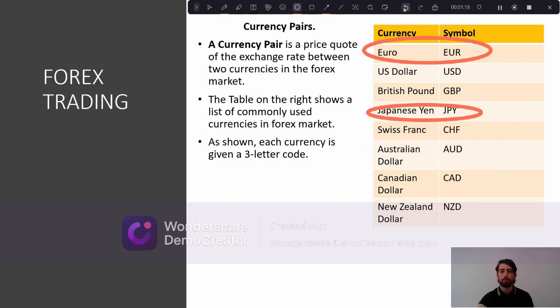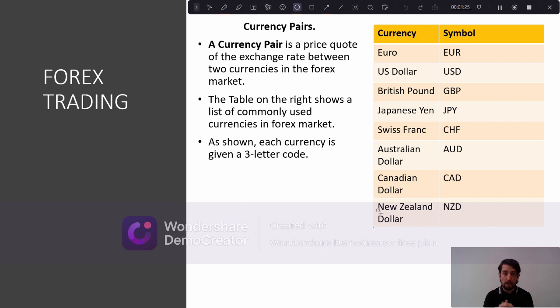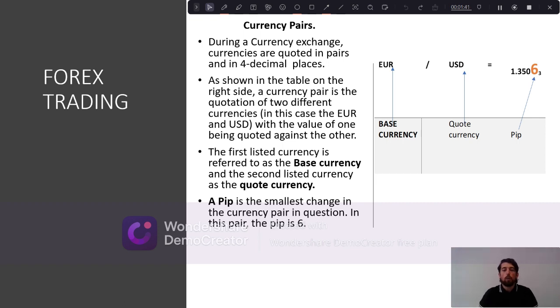So when you put these pairs together, it won't be Euro Australian dollar. Of course, it's going to match its symbol. It's going to be either EUR, USD, Great British Pound, all of these things within this circle here. If we just stop for a moment and go on to the next slide,